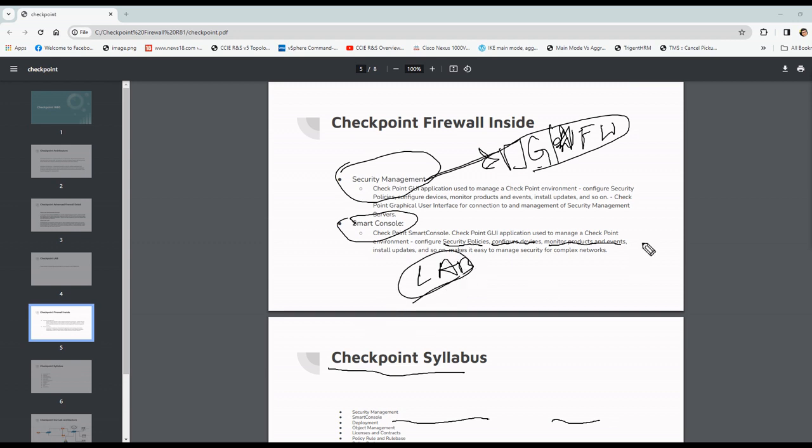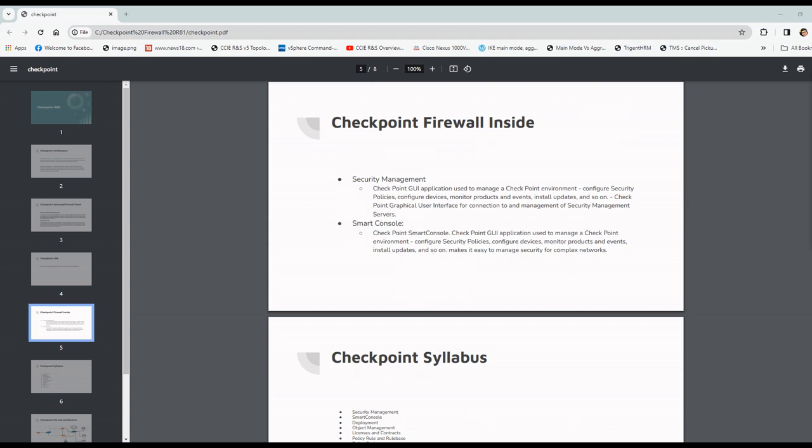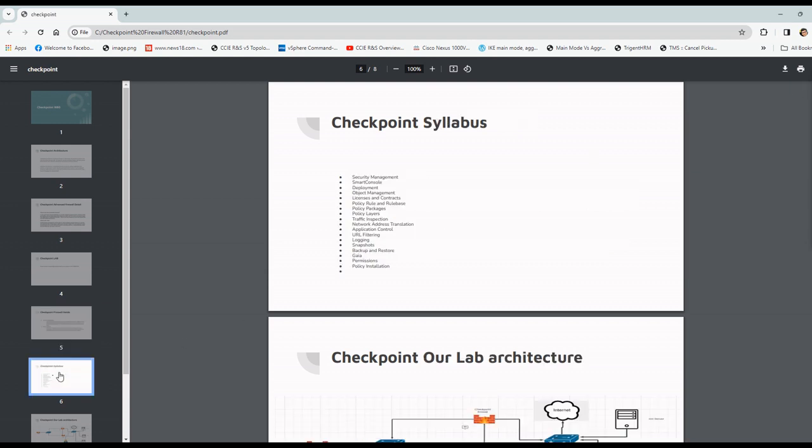And the checkpoint syllabus, if you see it, we can manage the security management. Security management is smart console deployment. How do you deploy the checkpoint management server, license and contracts? I give the detail. Policy and rule base, policy package, policy layers, traffic inspection, network NAT, application control, URL filtering, logging, snapshot, backup, Gaia detail, permissions, policy